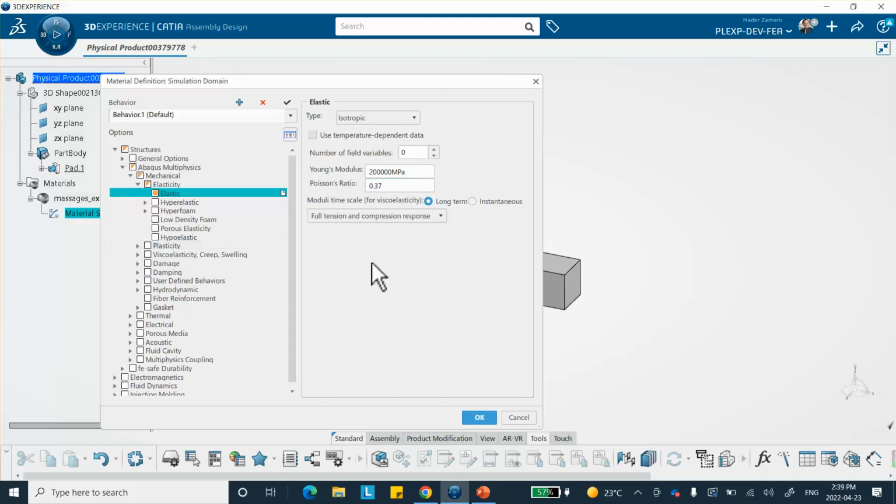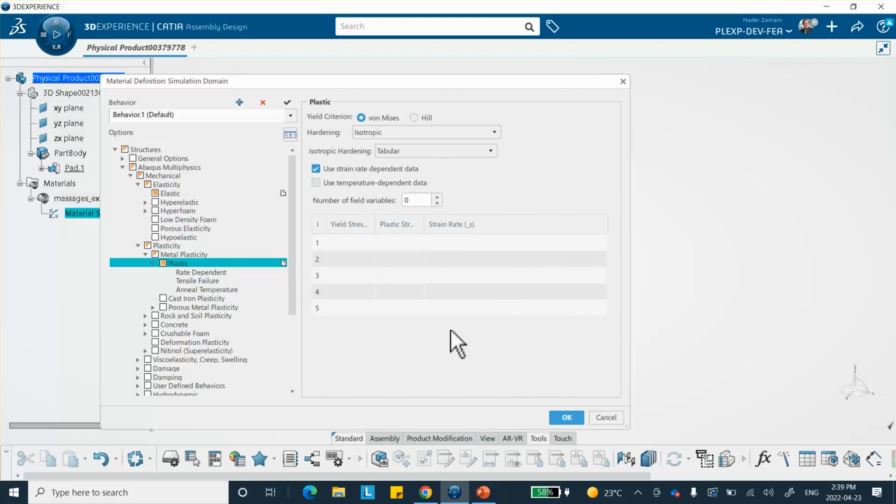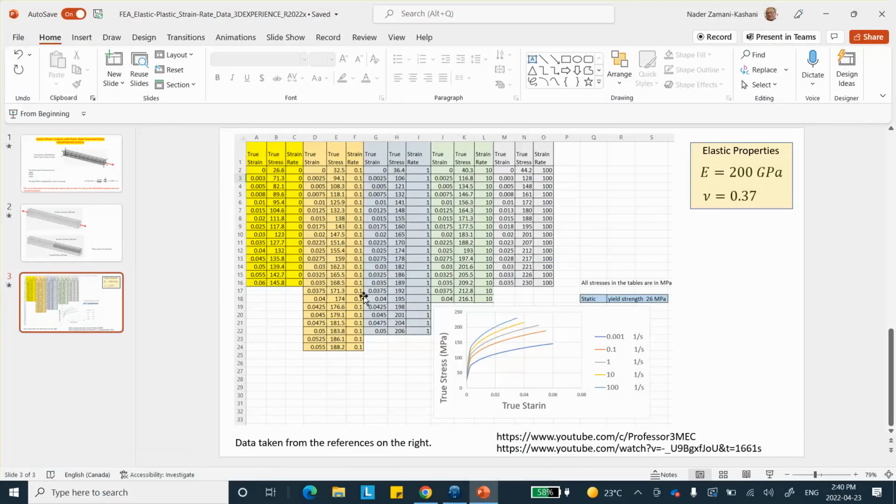Now, when you go to plasticity, metal plasticity, plastic, okay, so what happens is that we have information that is strain rate dependent, so I'm going to check this box. Notice that an additional column has been created here, okay? And instead of typing things in, I'm going to import an Excel file. Now, this Excel file must have a particular format, so it can't be something like this. So let me show you